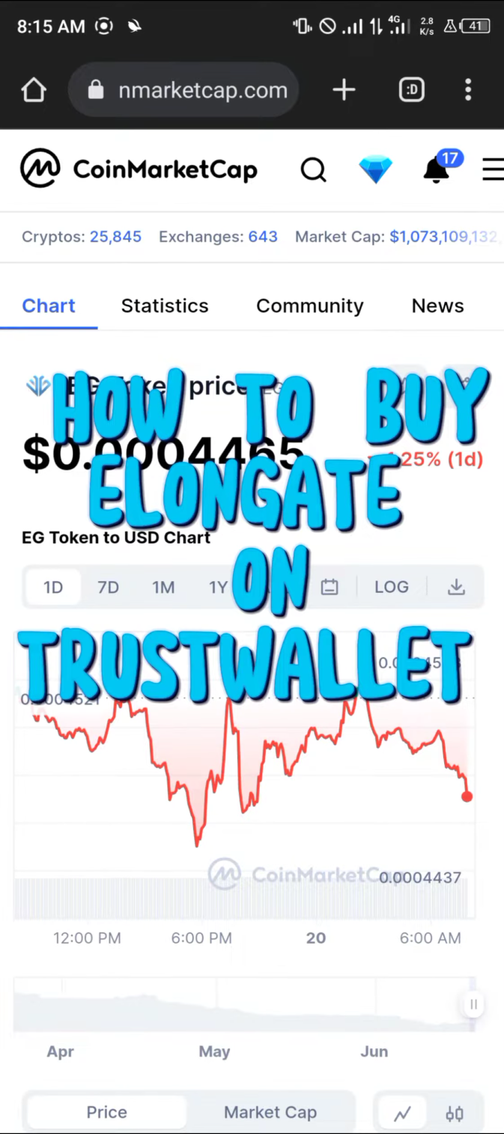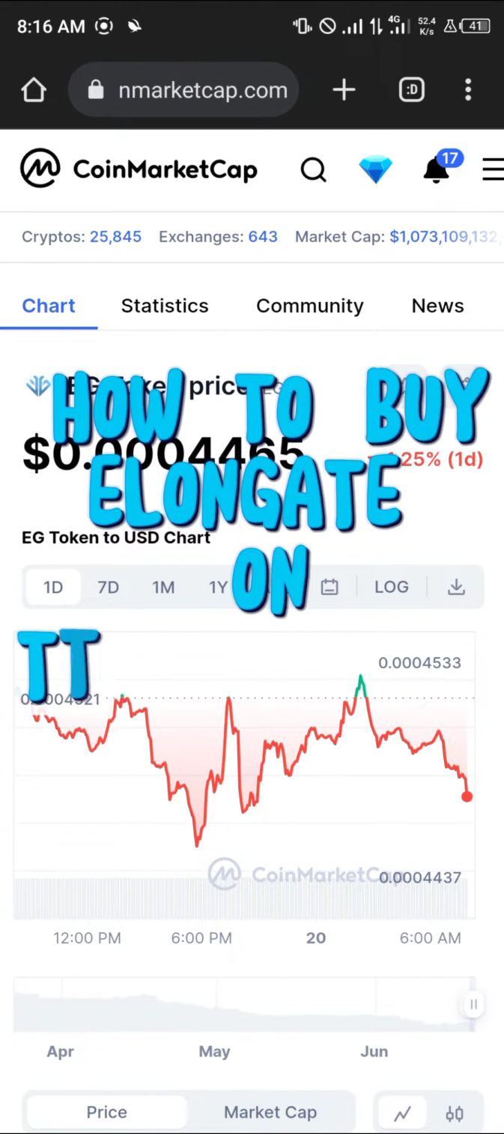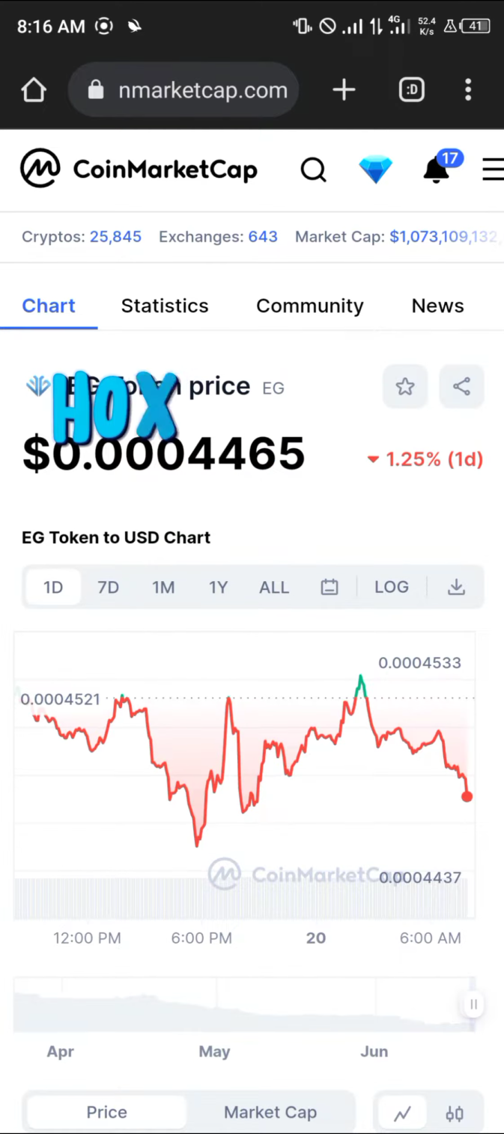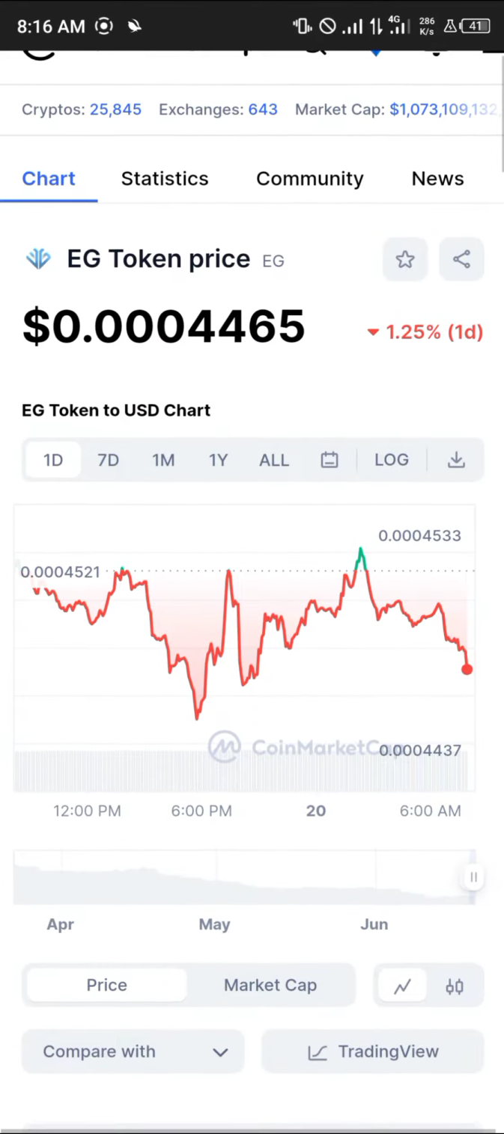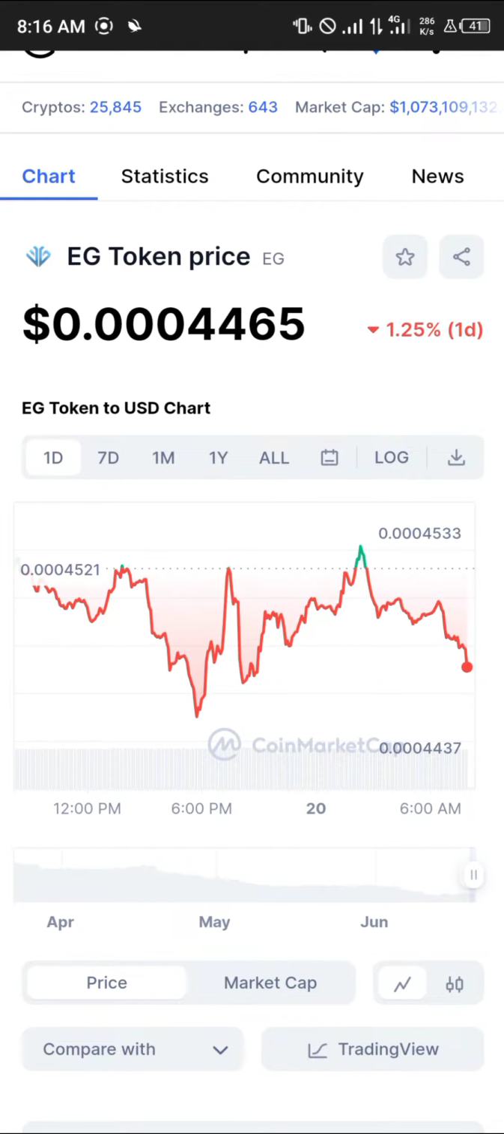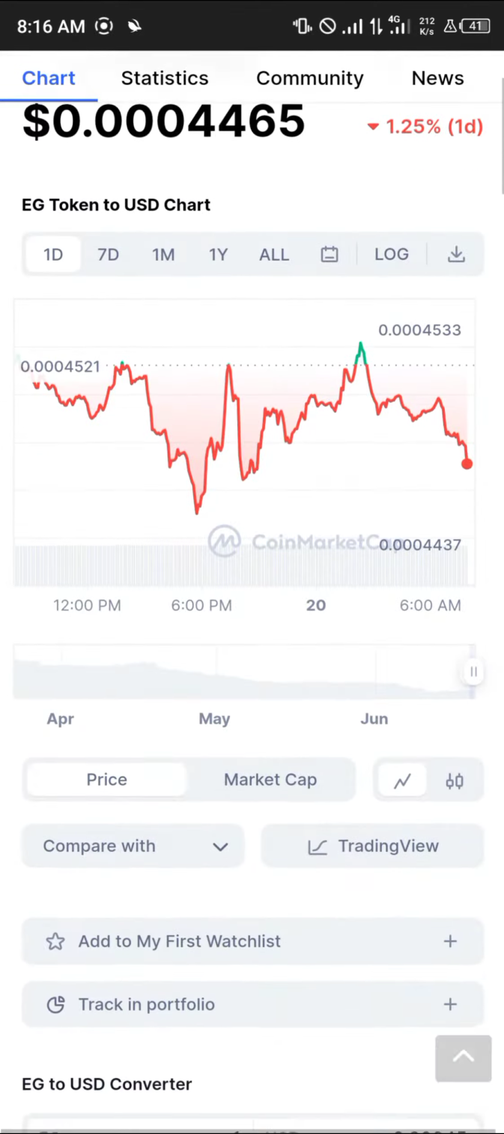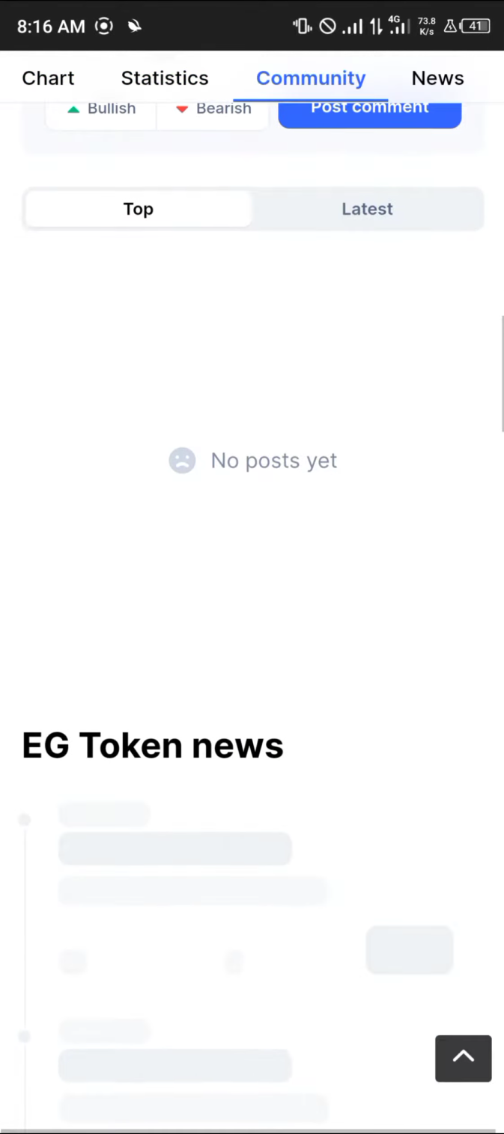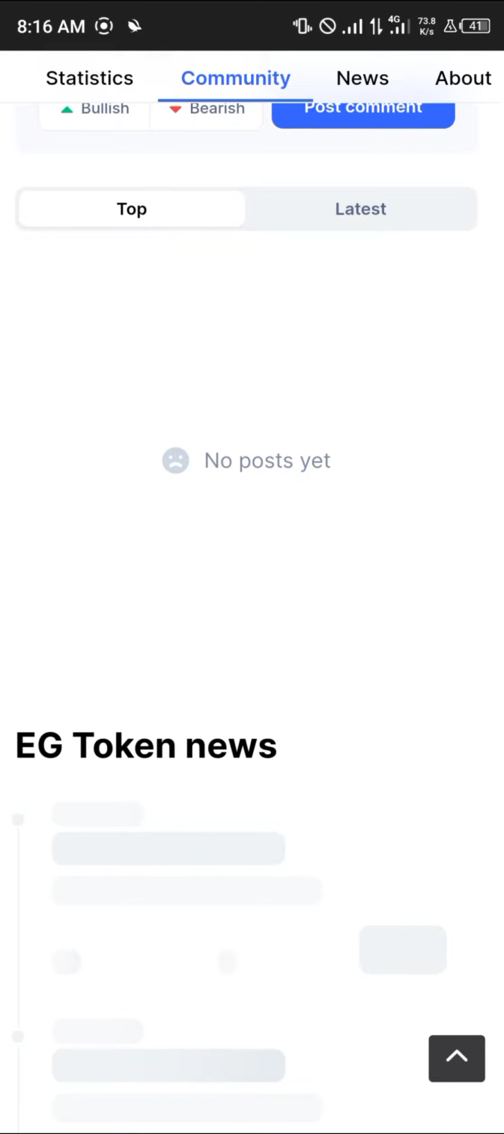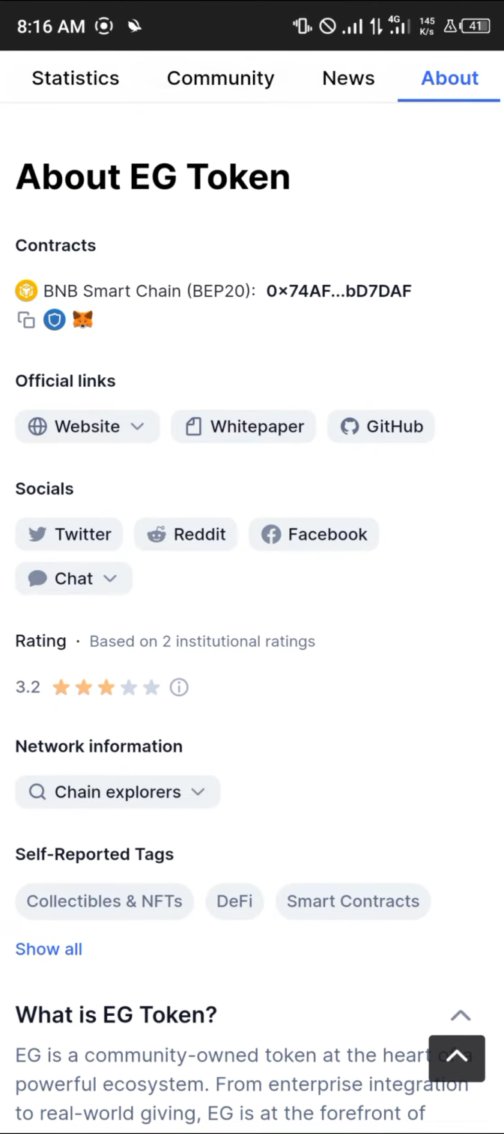And in this short tutorial video, I'm going to be showing you how you can simply buy the Elongate coin, or also the Elongate token, on your Trust wallet. So first of all, the site we're viewing this on is coinmarketcap.com, link in the description of the video. And all you're going to need to do is simply scroll down till you get to its about. And once you get to its about, you simply copy this